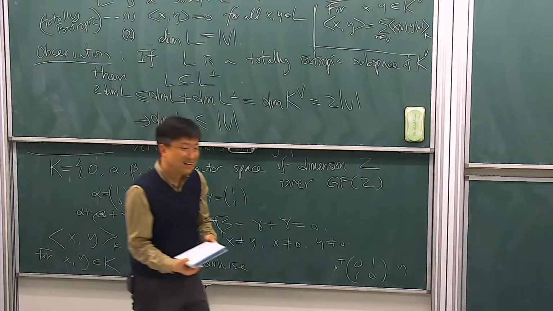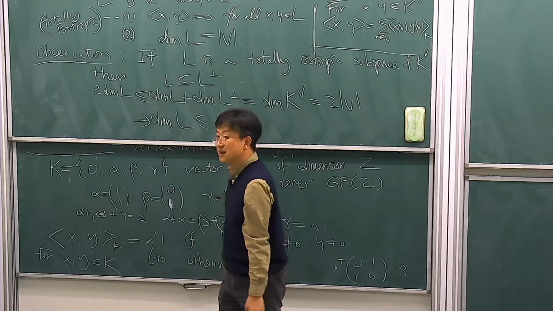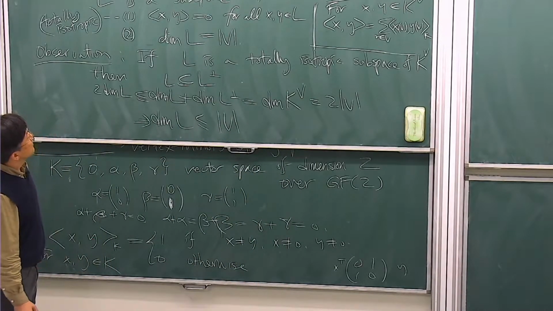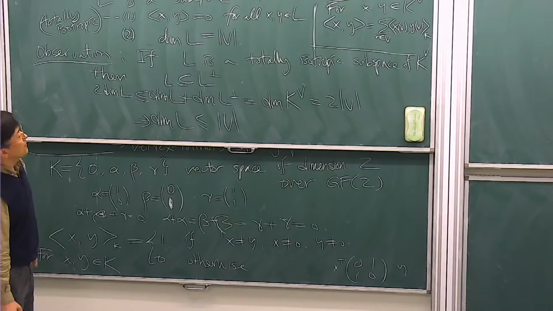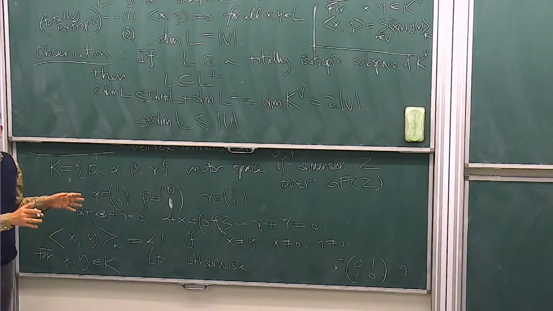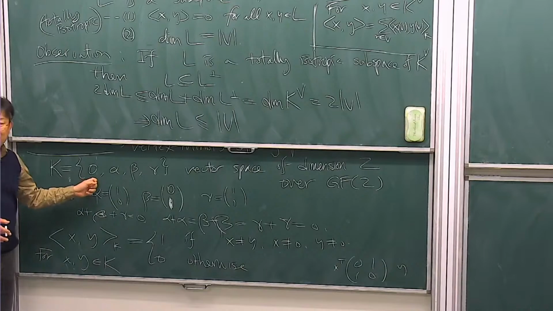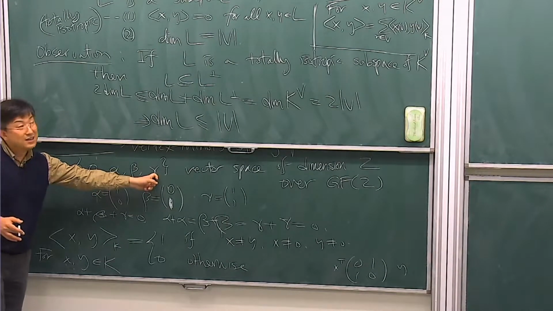K is not a field, but it is a ring. It's just a vector space over the binary field. So K is this 4-element set, right? 0, alpha, beta, gamma. So why is K to the